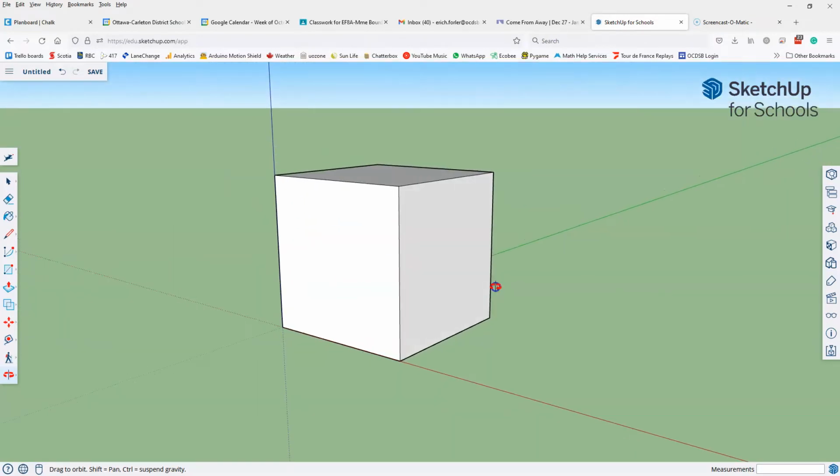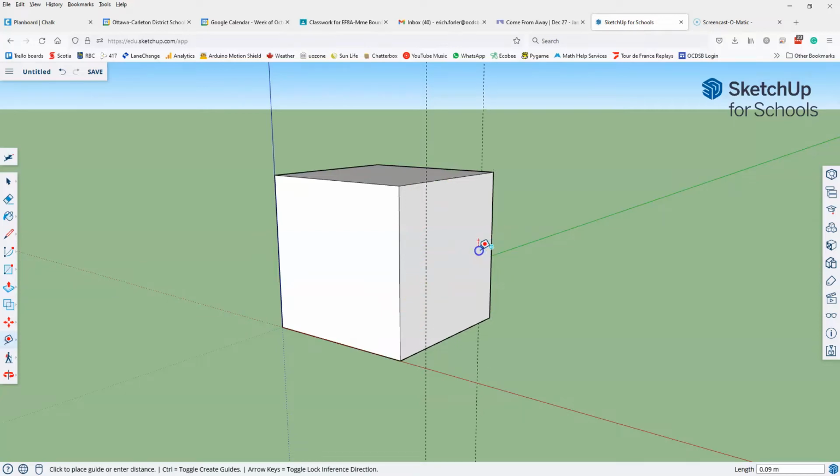So I'm going to go ahead and leave it there for a second. And I'm going to go back to my tape measure tool, and I'm going to measure in from one side here, and this time I'm going to measure 0.25. Press enter. So that gives me a dotted line that's exactly 0.25 of a meter in from the edge,